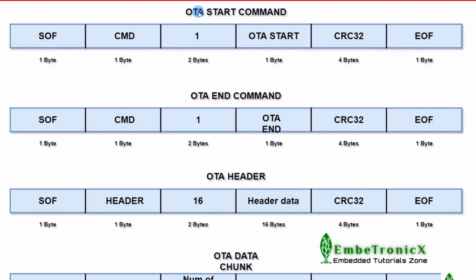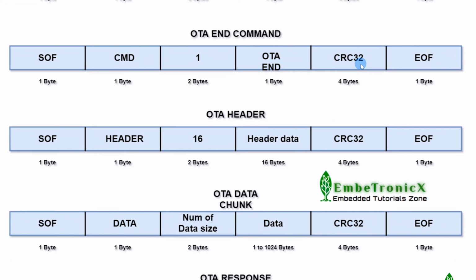We will see the example. If we want to send the OTA start command, it has to build the frame like this and send it to the STM32 bootloader. This frame has the start of the frame, packet type as a command, and length will be 1 for commands as we are going to attach only 1 byte command. Also, we will append the CRC32 and end of the frame. If the host wants to send the OTA end command, then all other things are the same as the OTA start command. The only difference is the data and CRC32. The data has the OTA end command and CRC32 will vary based on the data.